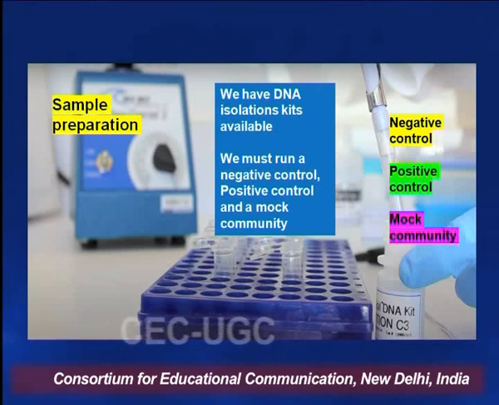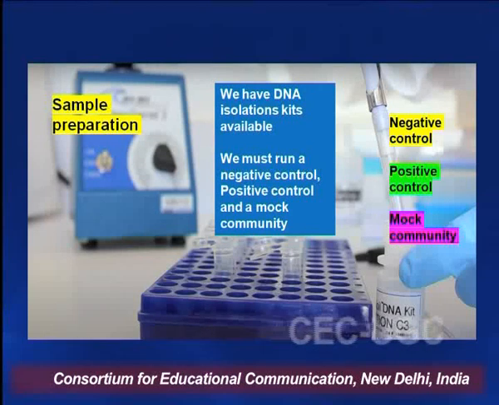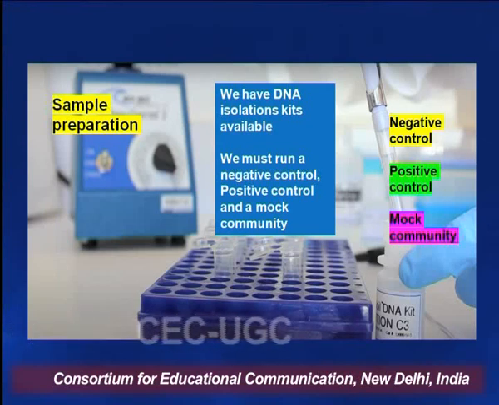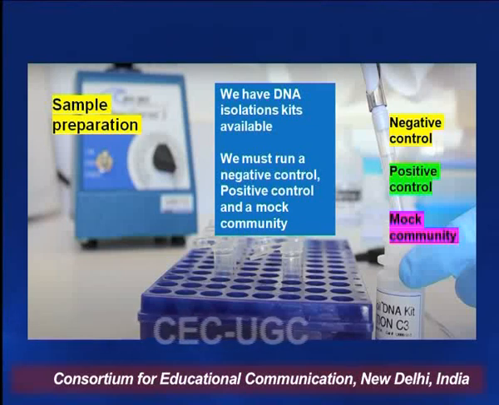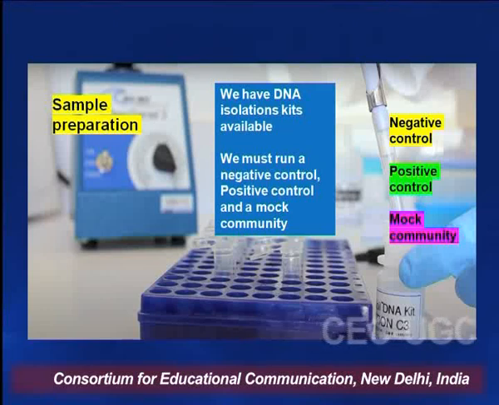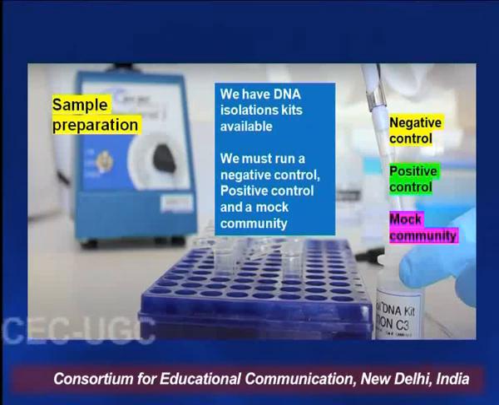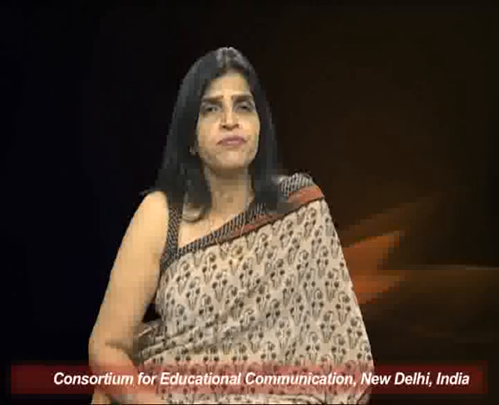And there is another thing called a mock community. When you are trying to identify all the microorganisms in your gut, you will run one sample where there is no gut sample. You will run one sample with known microflora, like if you know Lactobacillus exists in your gut, we'll have the known microbes added. And another one is a mock community, meaning a modeled and designed community. We run that because these metagenomic methods are very liable to errors.